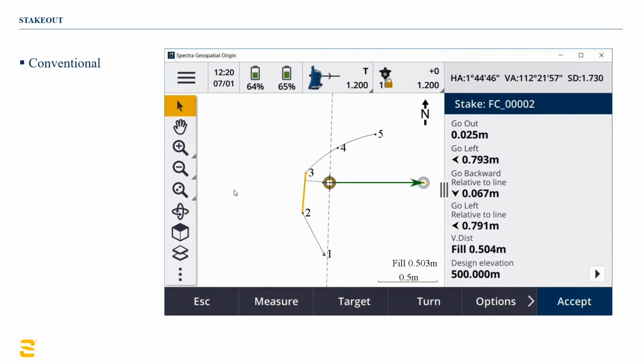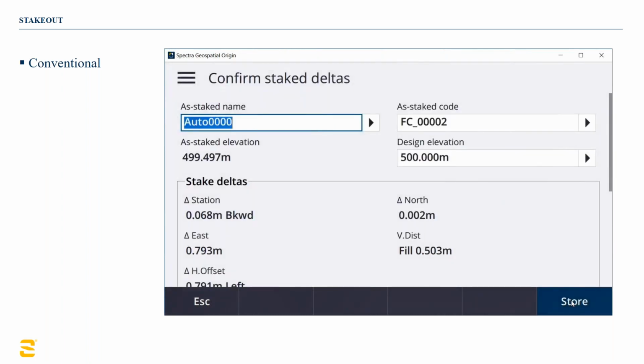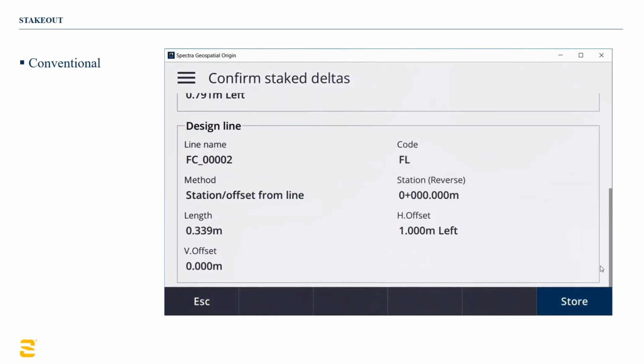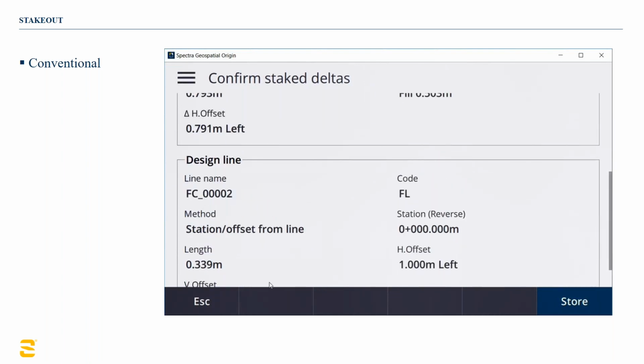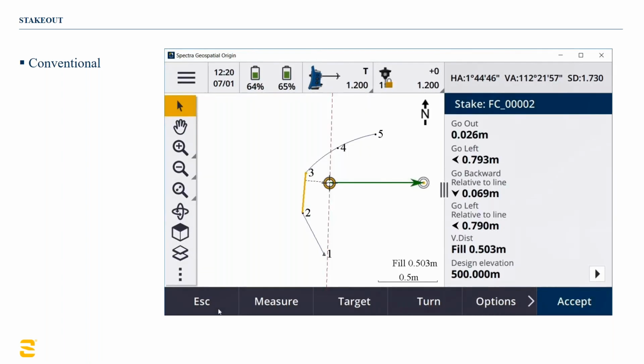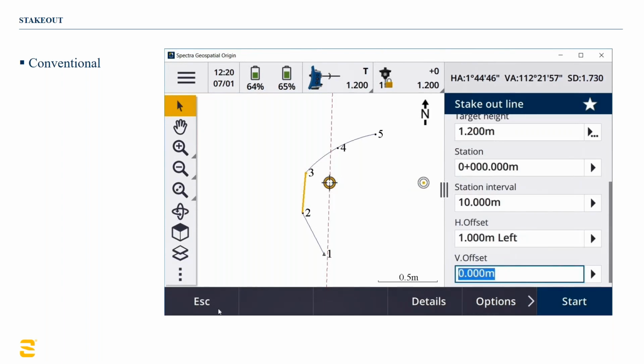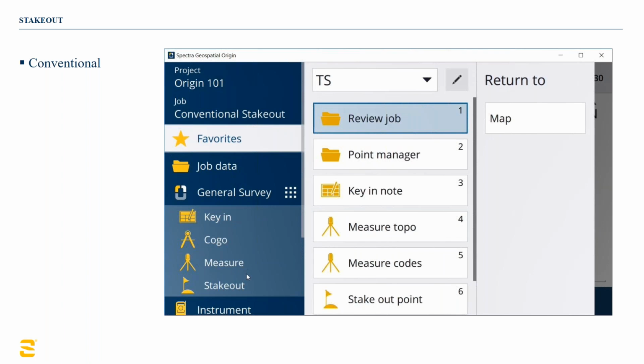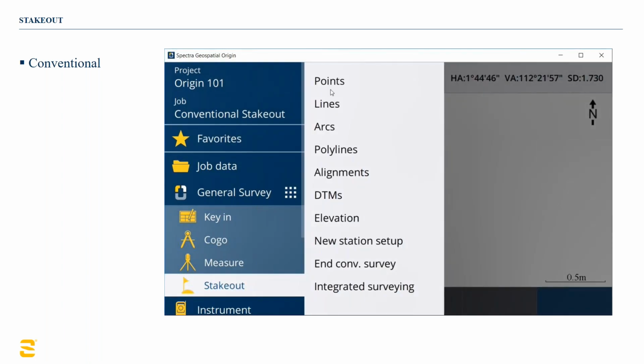And then finally, you can see I've got an arc going through 3, 4, and 5. Oh, getting ahead of myself. If I want to save the results of that stakeout, which I do not, it's going to give me again all of the information that I probably need about that location. Next, we've got this arc that's created by going through 3, 4, and 5. So if I want to stake out that arc,